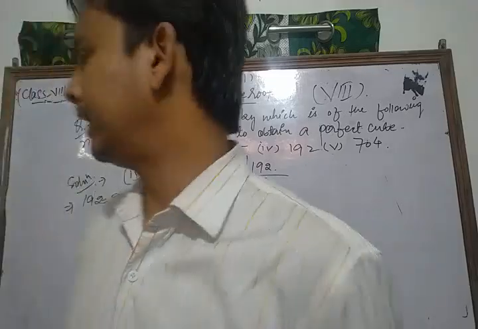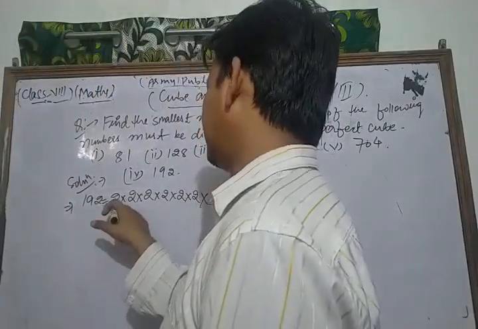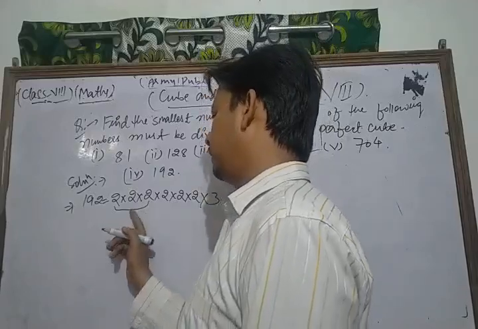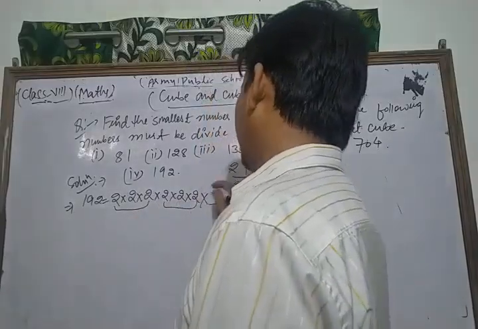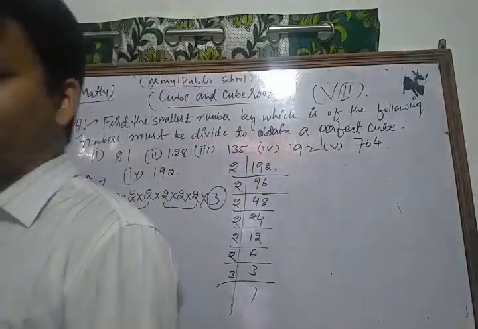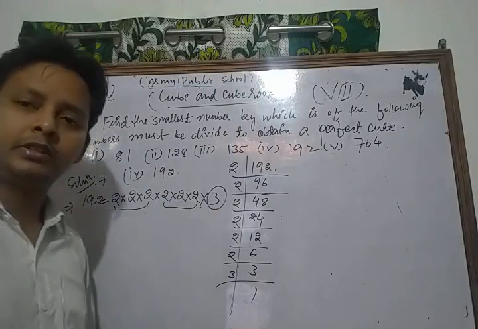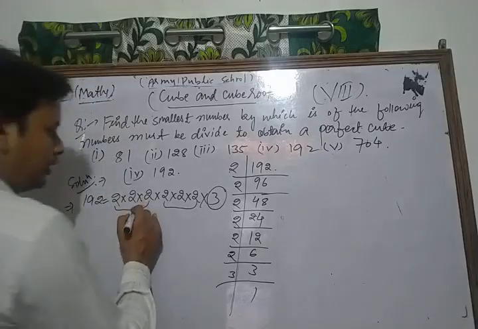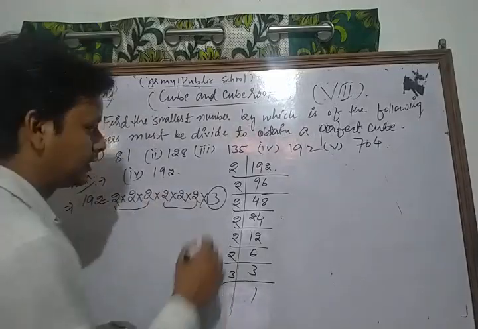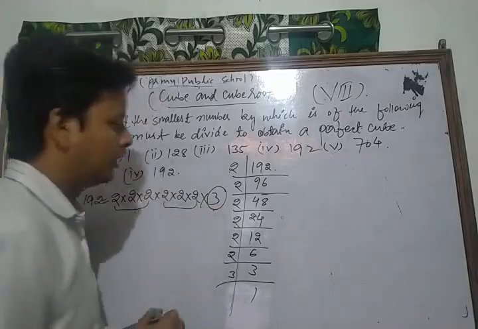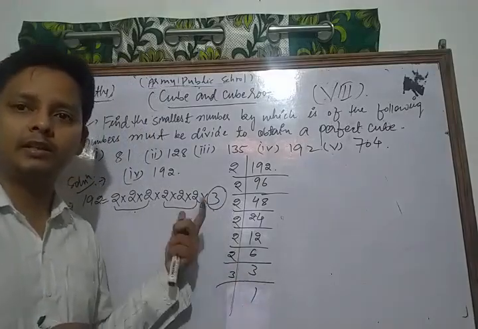Now we observe that here 2 is grouped in triplets of equal factors, na? Let's see, here 2 is a grouping of factors in triplets of equal factors, but 3 is left here. So the given number is not a perfect cube, because here 2 is grouped in triplets of equal factors, but 3 is left, na? 3 is left here. So for it to be a cube we must divide by 3. So the required number is a perfect cube.